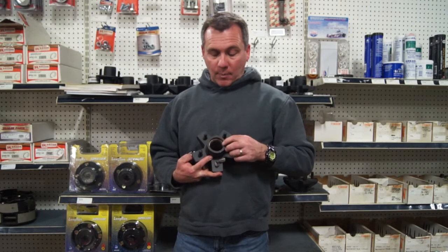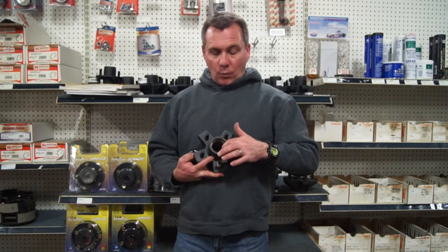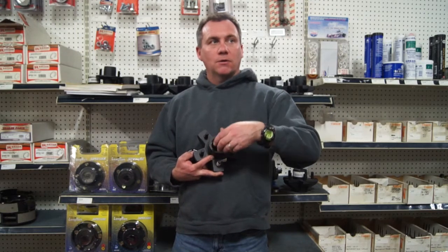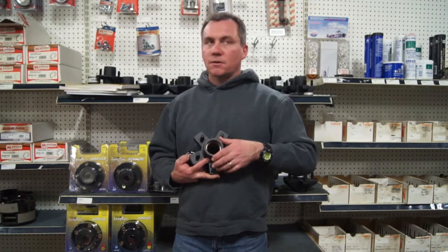And when that does happen, a lot of times, why I tell you to inspect their hub, especially if they had a bearing failure, is because a lot of times this area from that castle nut that I was showing before will actually start to grind this away. Also, you can see that it's been worn. You can see that it's all worn, and then they won't be able to put their grease cap back on. So I always look at these two surfaces because you can usually just tell right away,